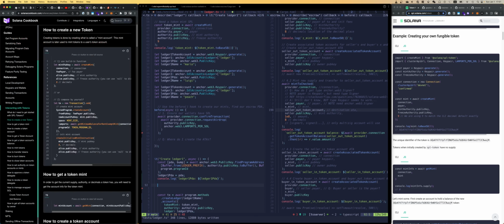Cookbook. I imagine they connect a wallet and then they hit click create ledger. Let's just do it right here and there inside. So I don't need to, but I could just do